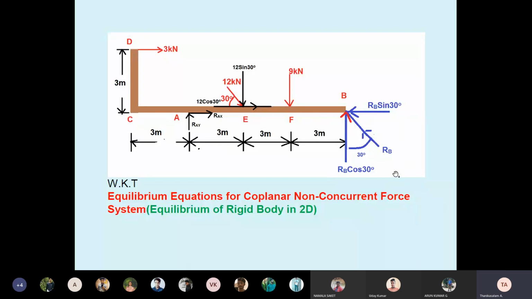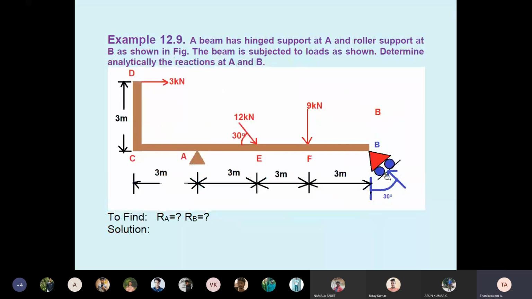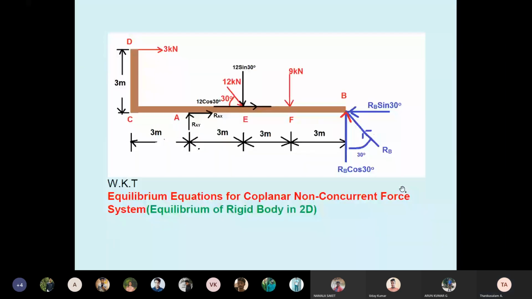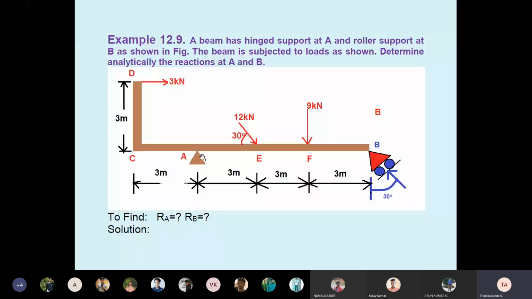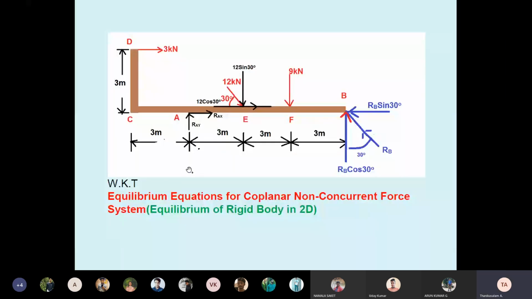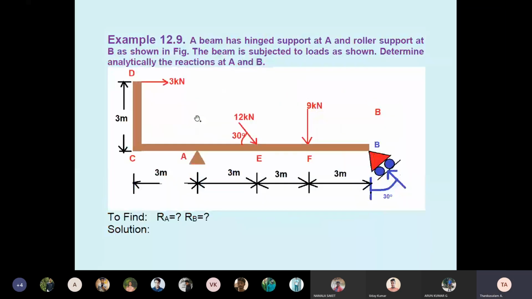See, theta with which axis, that is cos. Students, theta with which axis, guys? That is cos. If it is the other direction, sin. Here theta is with the vertical axis, the y axis, so that is RB cos 30. Why is RB inclined? Roller has only one reaction. Then RB sin 30. They mentioned A is a hinged support. See the A point, so two reactions, no? Therefore, RAY, RAX.